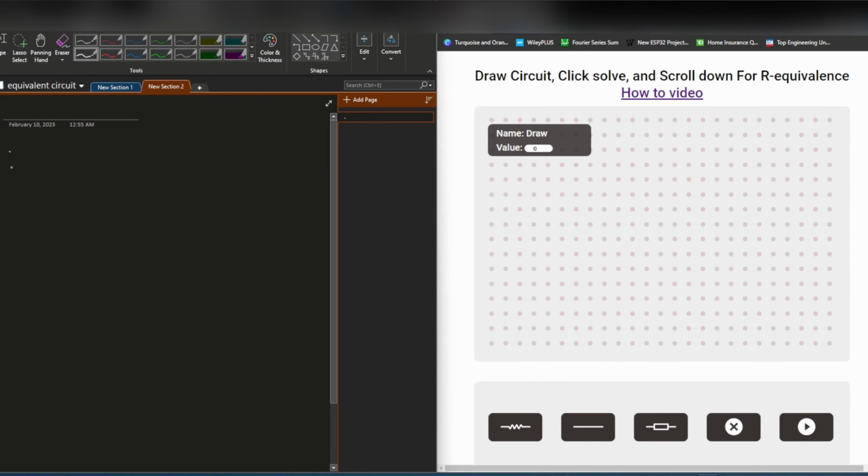Alright, so today we're going to be going over some equivalent resistance problems. Actually, we'll just go over one in this video, and it'll be a nice way of introducing how to get the equivalent resistance of a circuit. So the circuit we're going to be dealing with today is just going to be a simple circuit where we have a resistor in series